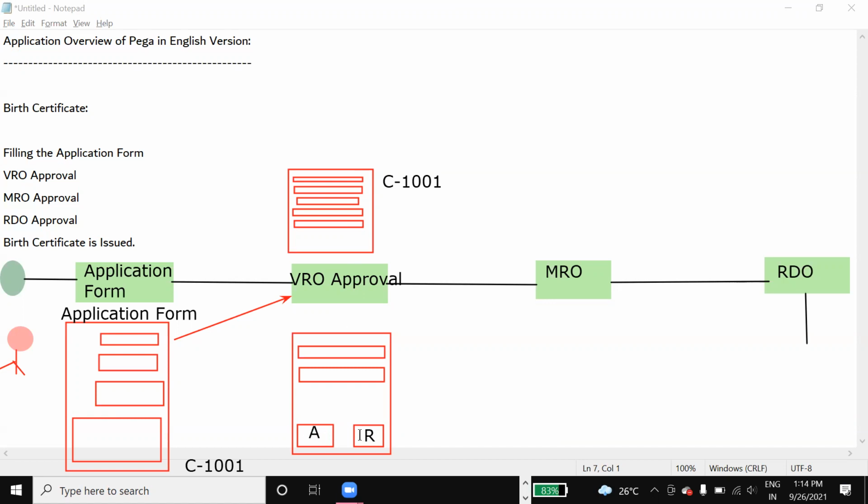Once he does the relevant action, if it is approved, it will go to the MRO. If it is rejected, then we will have a decision shape over here. Okay, so we will have a decision shape. If it is approved, it will go to the right side, and if it is rejected, it will come down. So it will come down, and we will send a notification to